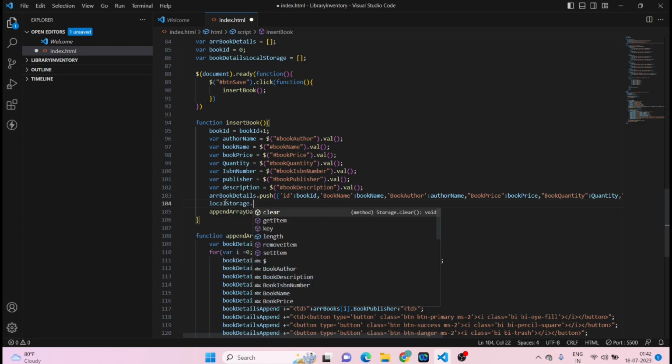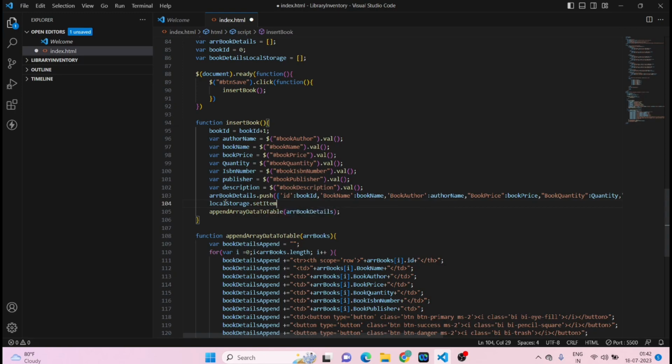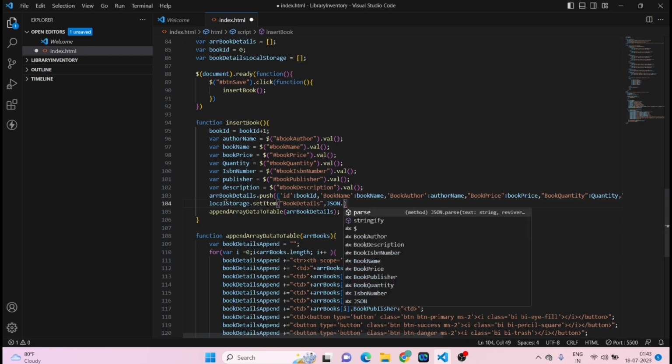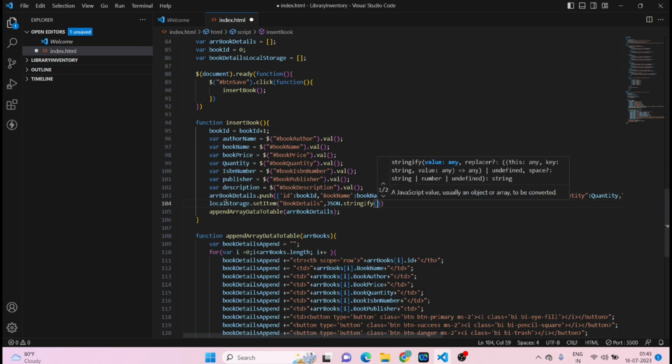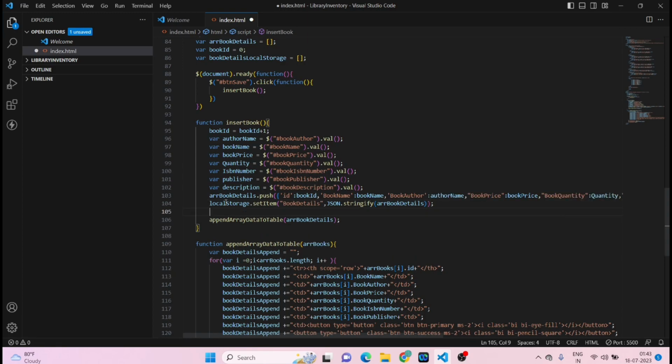set item. We have to give it a name as book details, JSON dot stringify. This will be our array book details only. Okay, after this what we have to do is